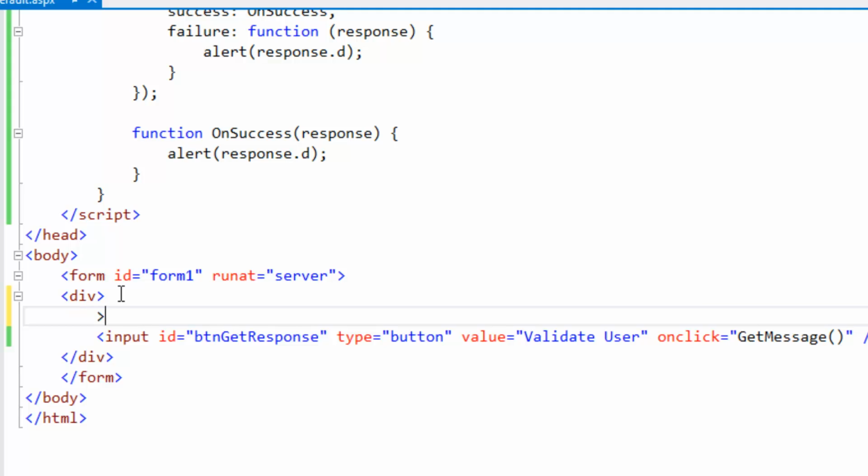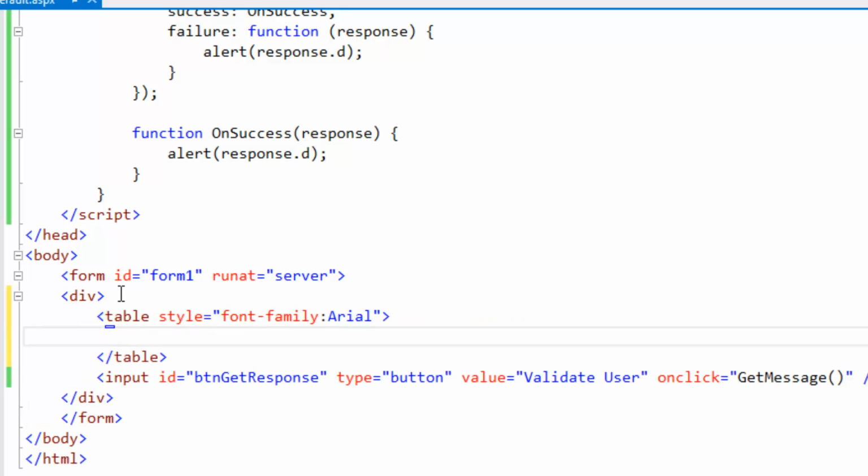For that I'm taking the table, font family as Arial for styling the table,